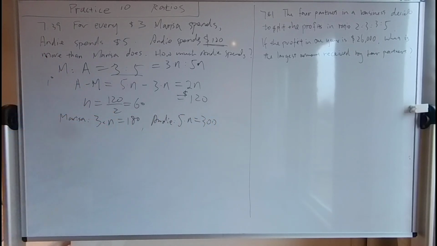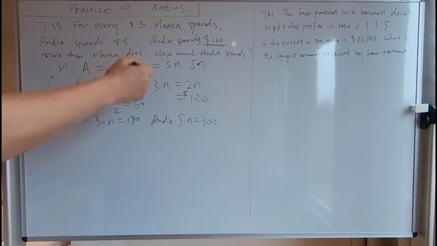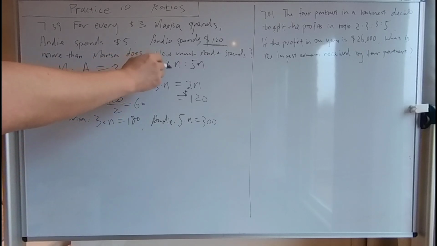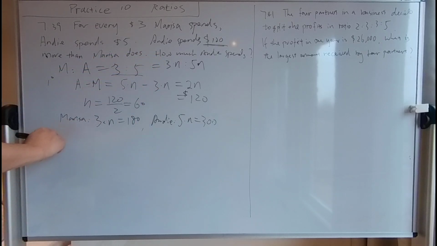And then their difference is 120. So this is one way, by understanding the ratio and knowing that the quantities are proportional to any multiple n. The second way, you can solve this with an equation. For example, if I assume Andy spent